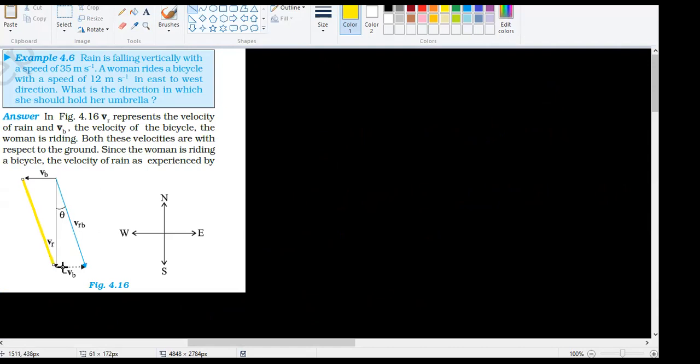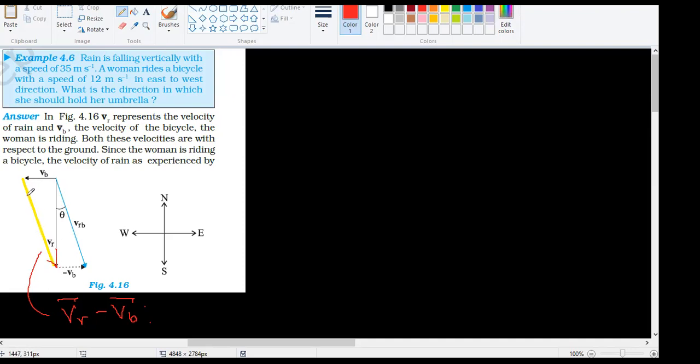So velocity of the rain with respect to the bicycle, that means VR minus VB. So I should write this as, so this angle is here. So this is your VR minus VB. Final minus initial. Again and again I'm telling you, for a person who is standing here, the velocity of the rain is vertically downwards. For a person who is going on a bicycle this way,